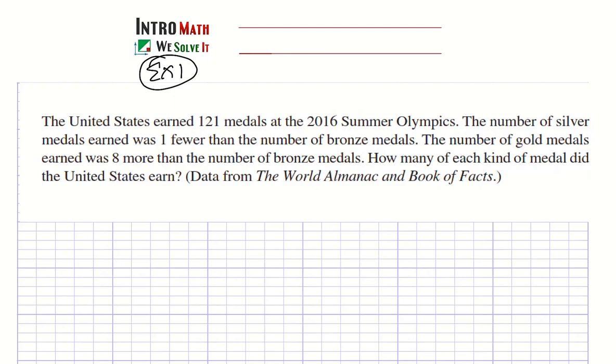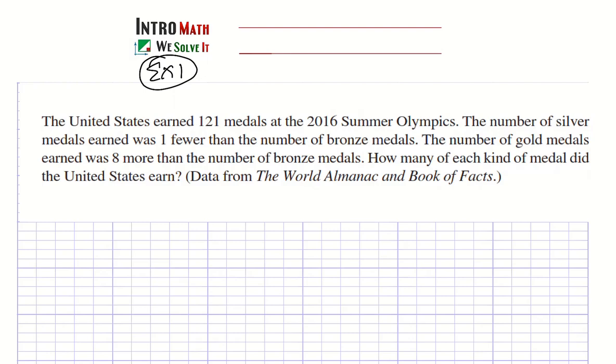The United States earned 121 medals at the 2016 Summer Olympics. The number of silver medals earned was one fewer than the number of bronze medals. Okay, so US earned 121 medals, but then it says the number of silver medals earned was one fewer than the number of bronze medals. So keep that. Keep the comparing